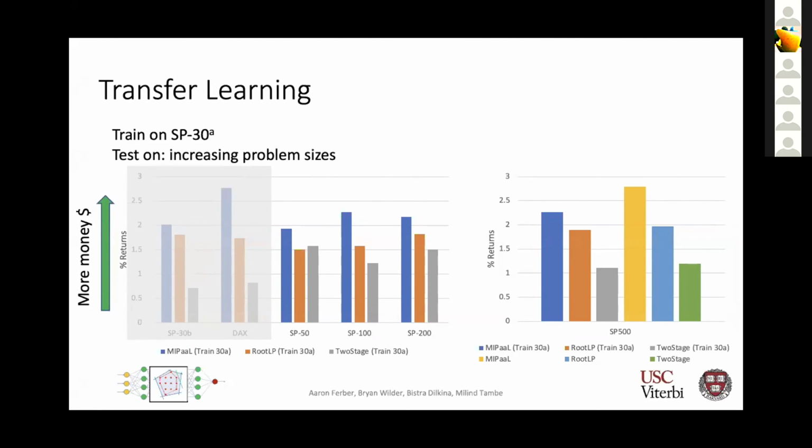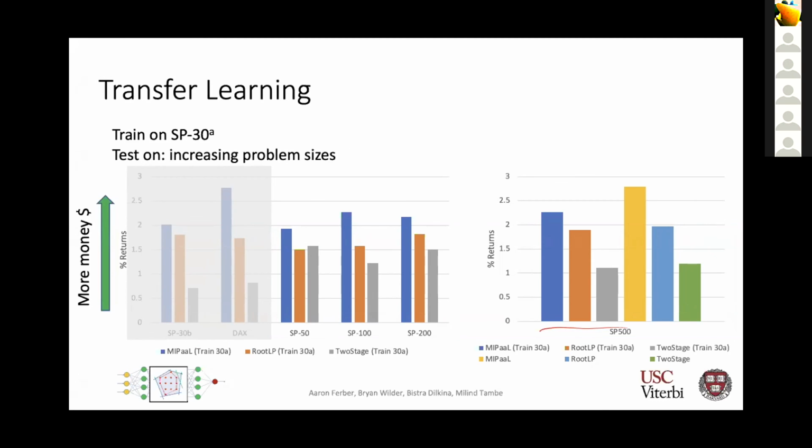Additionally, we're going to evaluate model performance when scaling up model sizes. So here we're still training a model to pick among 30 stocks, and we're evaluating how well it picks among 50, 100, 200, and finally the full S&P 500. So in blue, orange, and gray are the transfer learning approaches. And interestingly, as we can see on the right here,